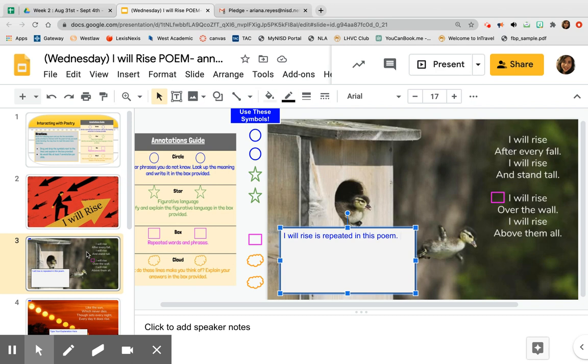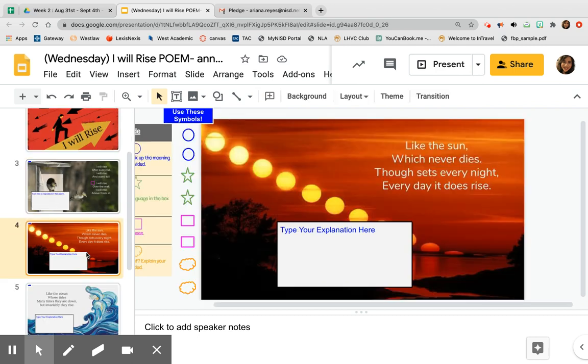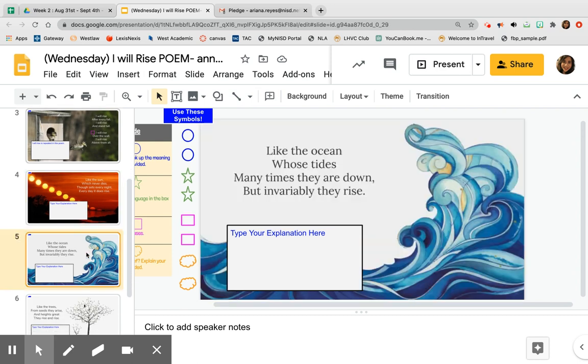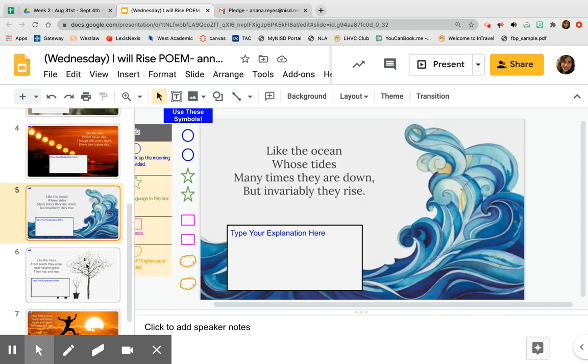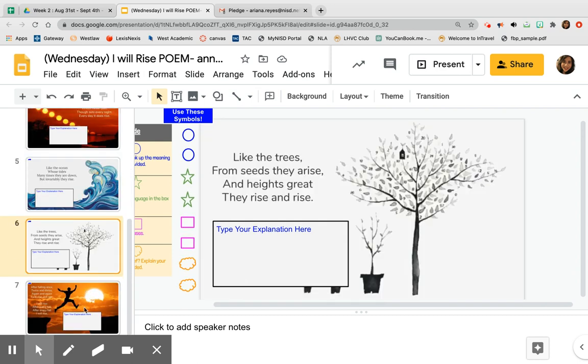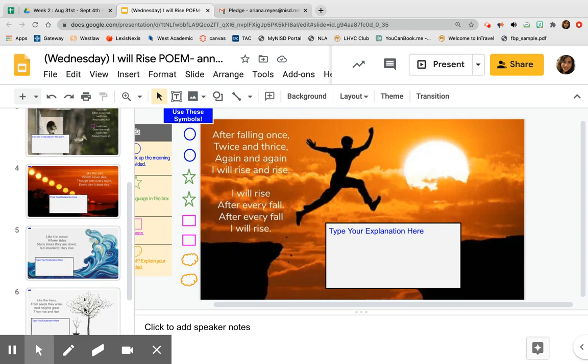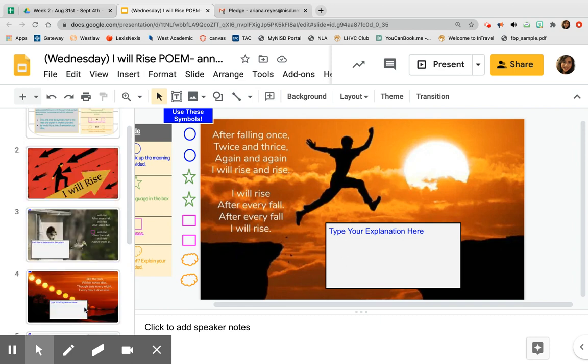And you're going to do this for slide 4, one annotation. That means using one symbol, one explanation. Slide 5, slide 6, and slide 7, okay? So we should have an annotation on each and an explanation for each. If you guys need help, let